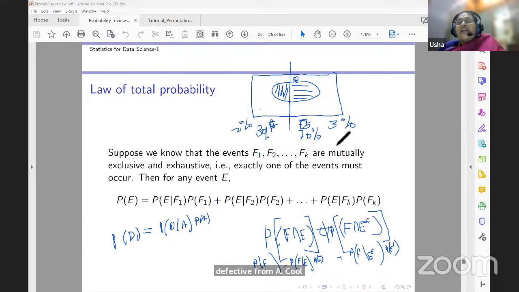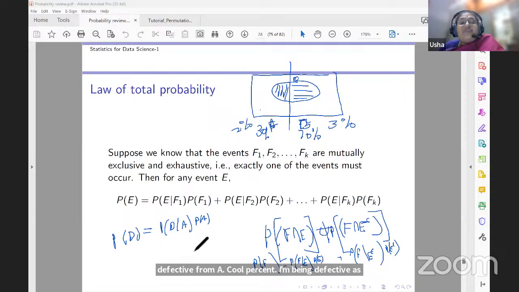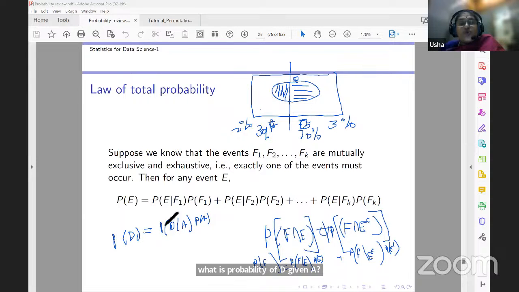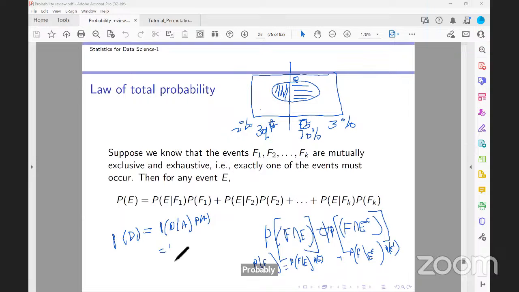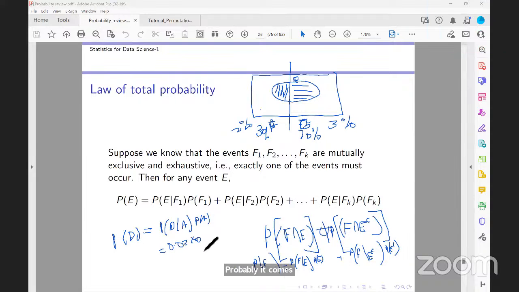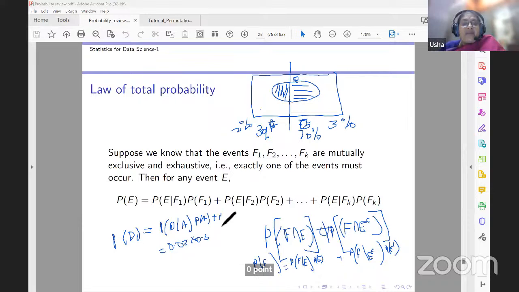The defective rate of company B is 3%. So what is the probability of D given A? The probability of D being defective, given the information is from A, is 2%, which is 0.02. The probability it comes from A is 30%, that is 0.3. Plus the probability of D coming from B